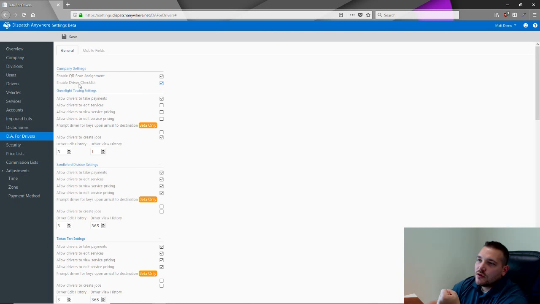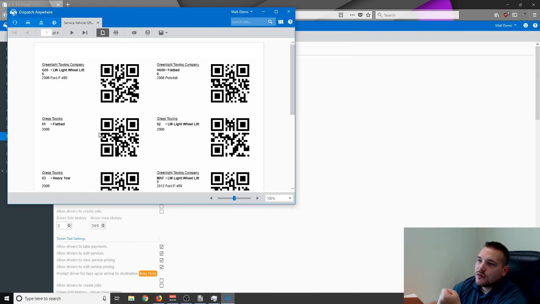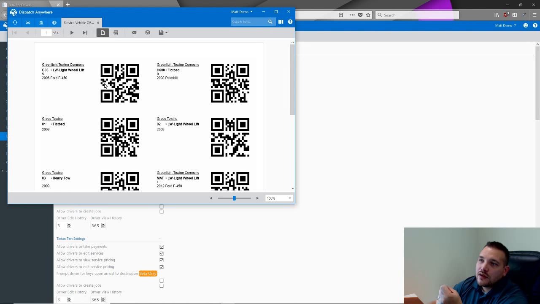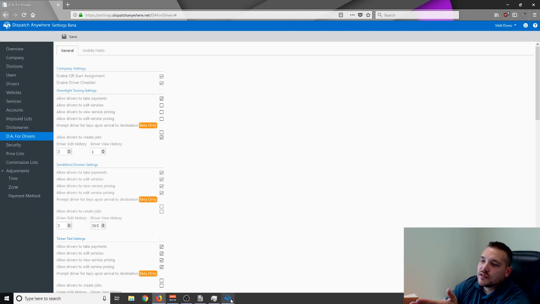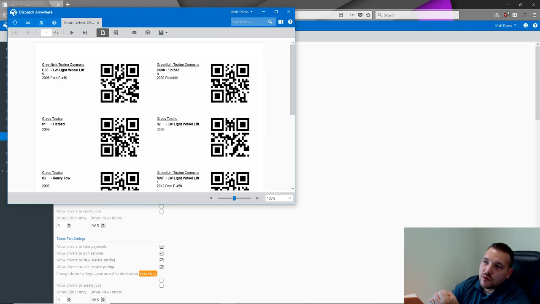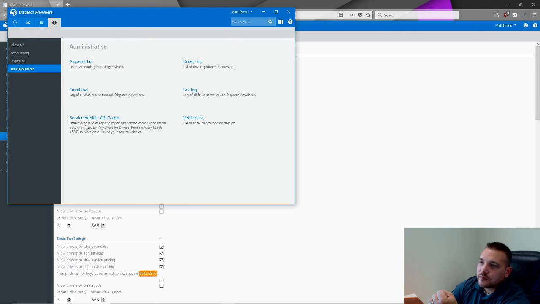If the enable driver checklist is turned on when they scan this, it will also prompt them for that driver checklist of stuff that you want them to check over, their pre-trip inspection basically. But you have to have both of these turned on, and they have to scan into the truck for that feature to work. All right, so you can generate these, and this will tell you just on this report, if